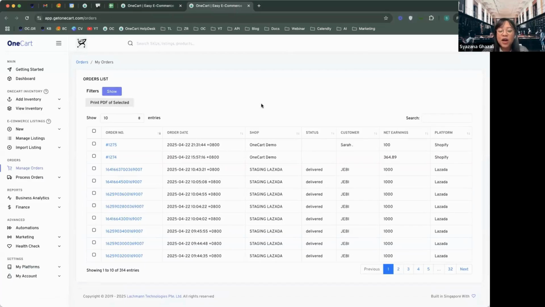Because again, how would OneCart know that an order comes in, or how does OneCart know when to deduct your inventory? It is when the order comes in, and OneCart will detect the data that you have already mapped in OneCart. So if you take a look at all this, your orders have appeared, and then if we go back to your getting started,